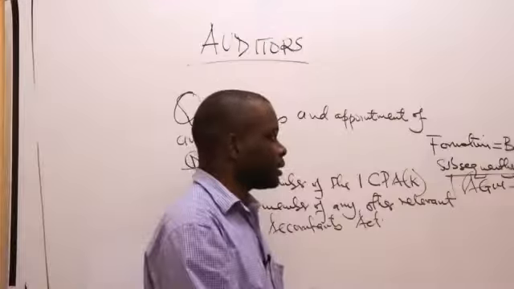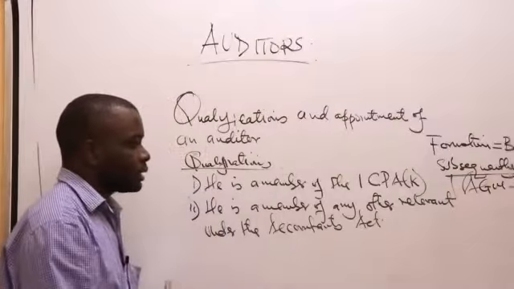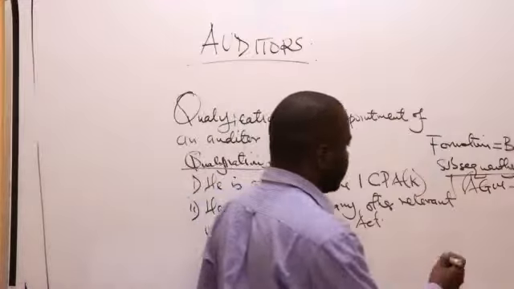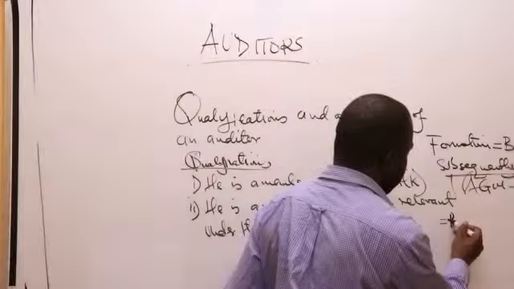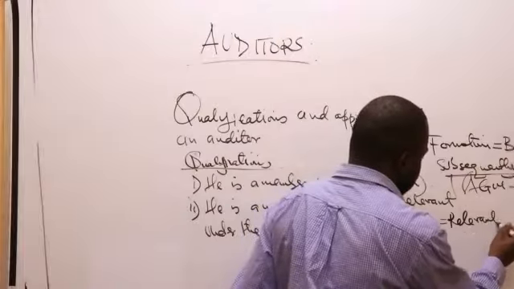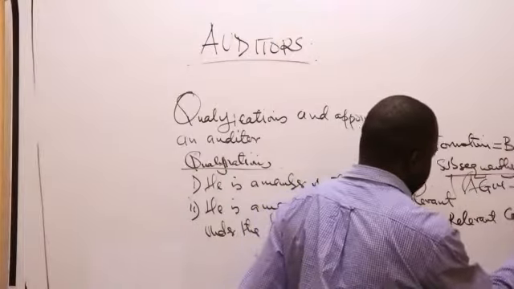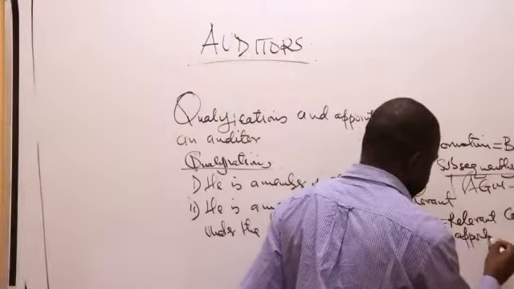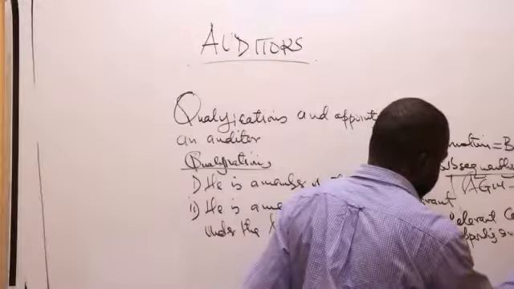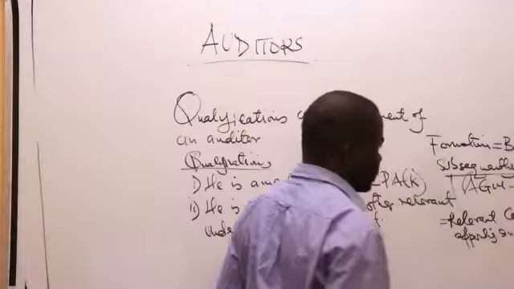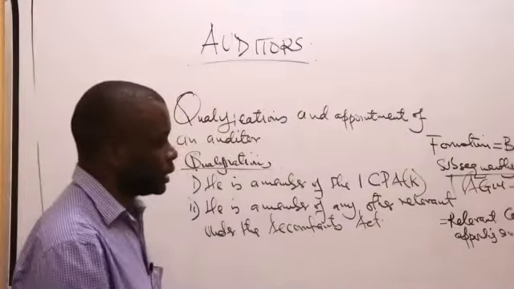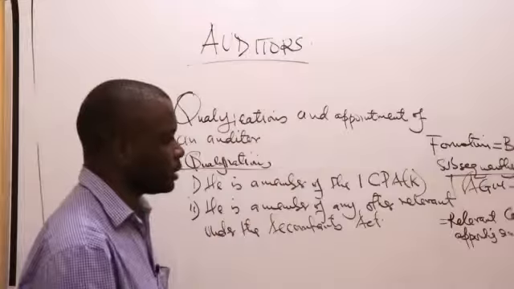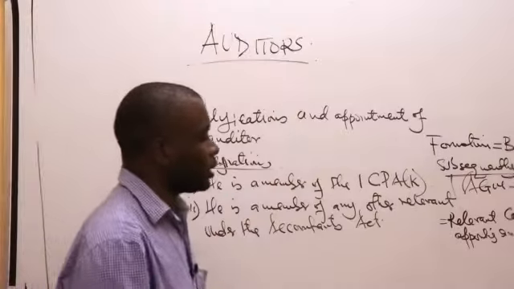If that particular parastatal has failed to appoint an auditor, then sometimes you can have the relevant cabinet secretary appointing an auditor in such a case. For example, if it is a parastatal under the Ministry of Education and they haven't been able to appoint an auditor, the cabinet secretary can step in and appoint an auditor